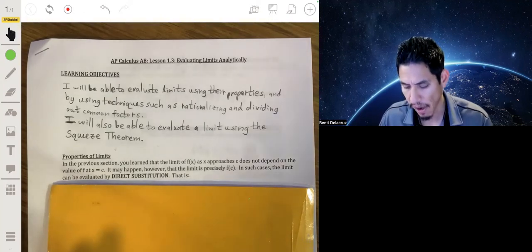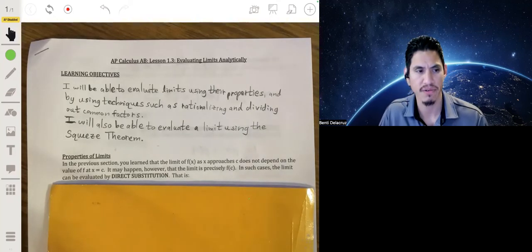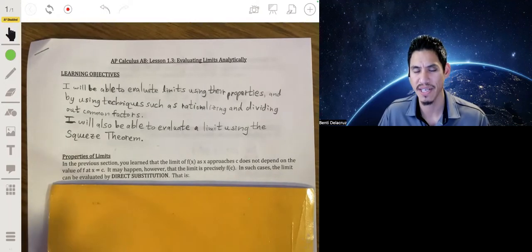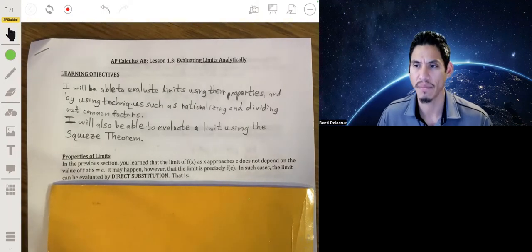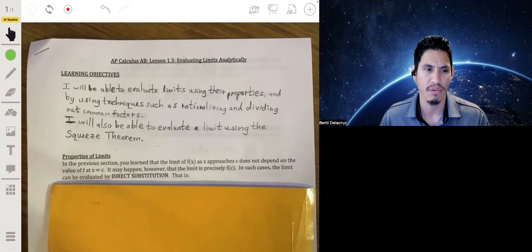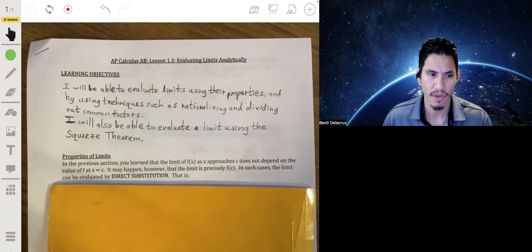Now, the first part of this lesson, we're going to go over properties. So it's going to be a little theoretical. We're not going to go too rigorous into it, but it is important that you at least get exposed to it, because you want to make sure you don't just get used to going about problems dealing with limits as if none of their properties actually matter. Okay, so